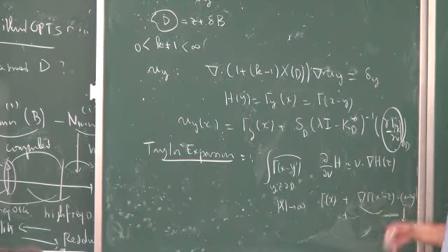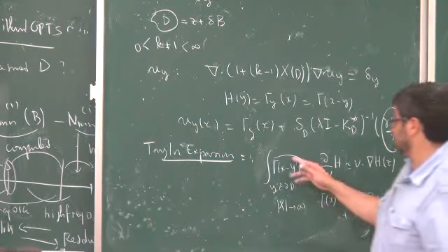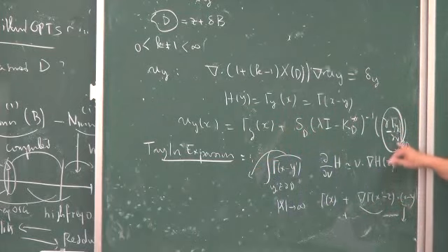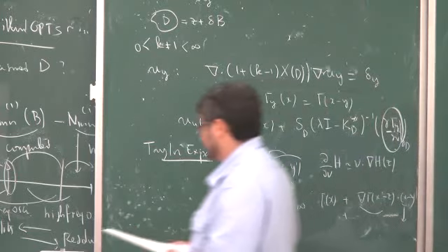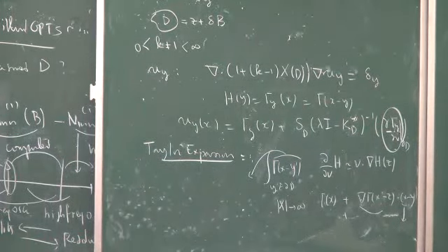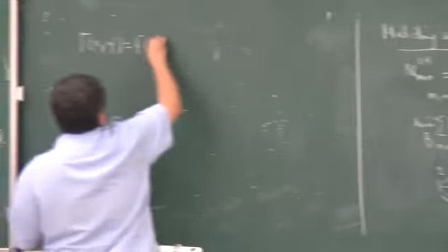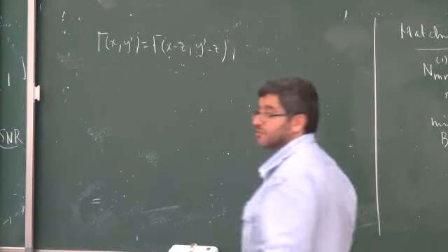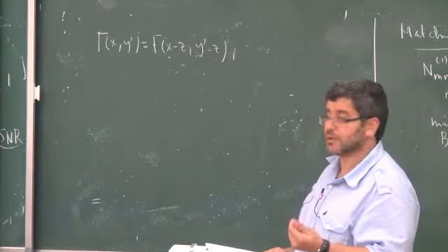Now we can do the same. In order to have all the higher order terms, we make a Taylor expansion of this one to higher orders, and we make a Taylor expansion of this one to higher orders, and then see what is going on. So if you do it, you can write the fundamental solution of x minus y prime. You write it as x minus z, y prime minus z. This is exact because it depends only on the difference x minus y prime.